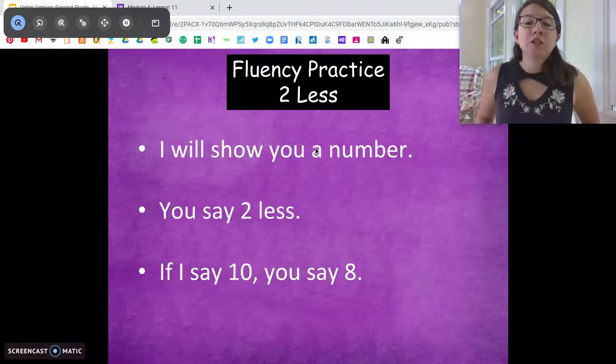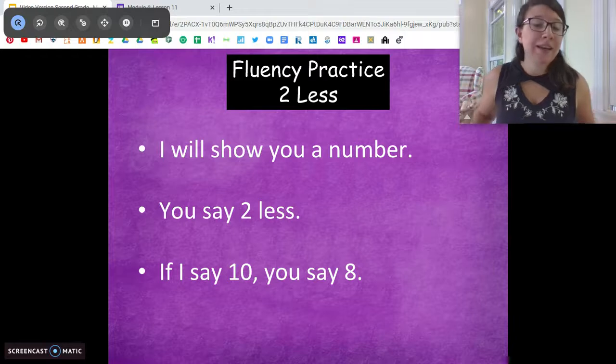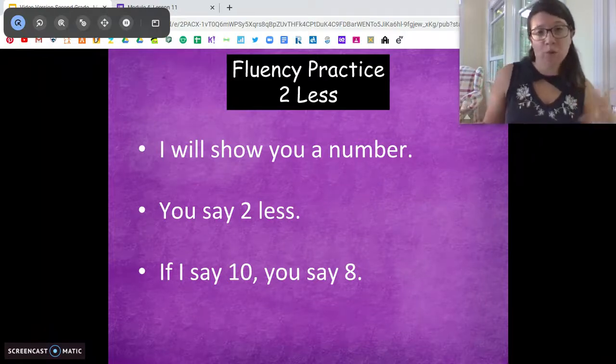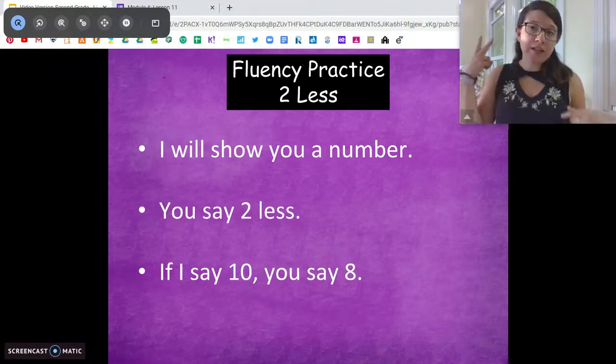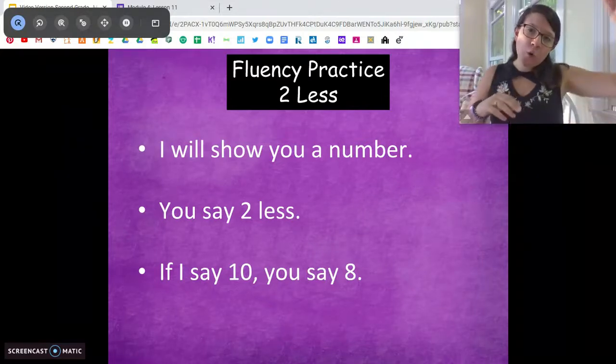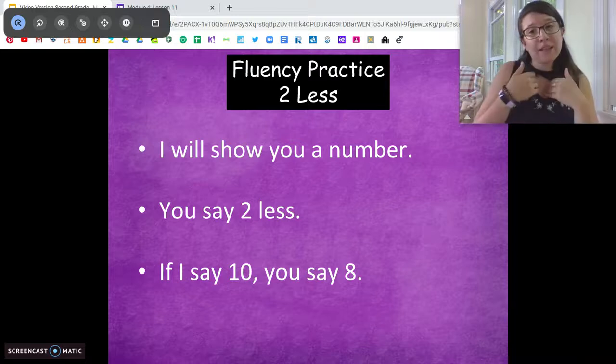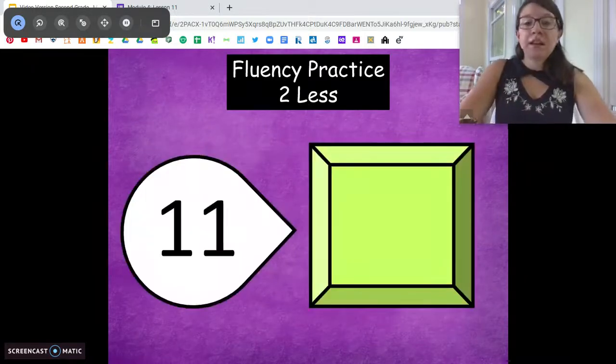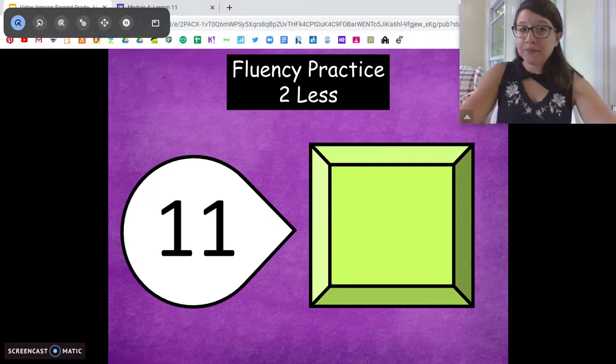Okay, we're going to do a little bit of fluency practice first. Again, because we're working with subtraction, we want to get our brain in the subtraction mode. So I'm going to show you a number. You're going to tell me 2 less than that number. And I snap my fingers. So if I say 10, you say 8. All right, here we go. 2 less than 11 is